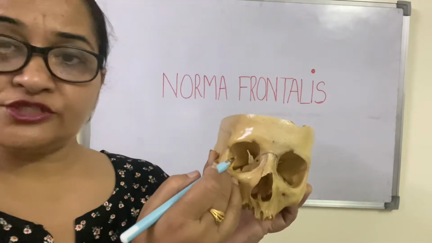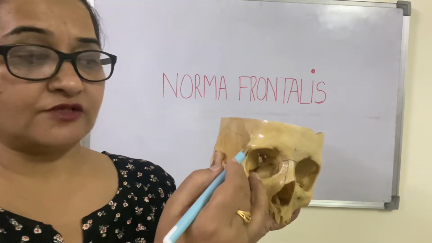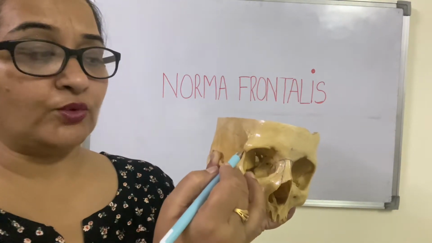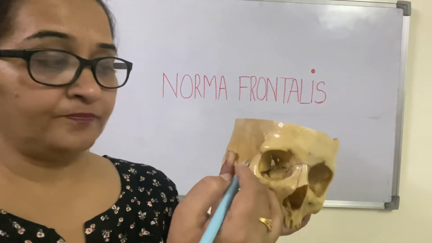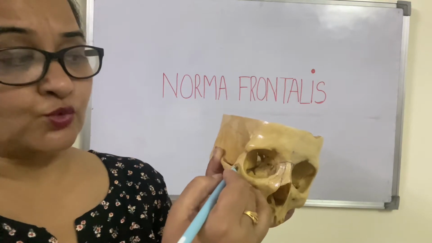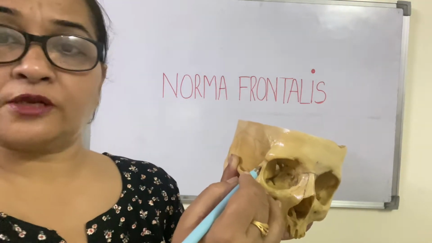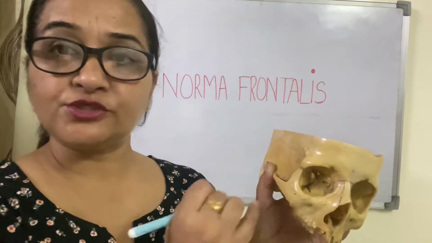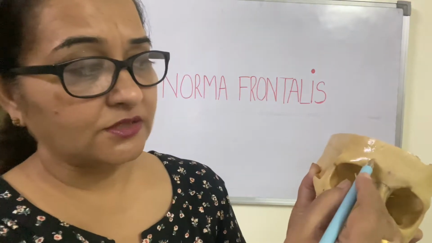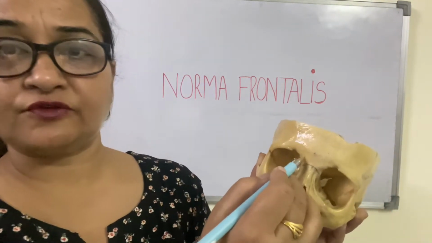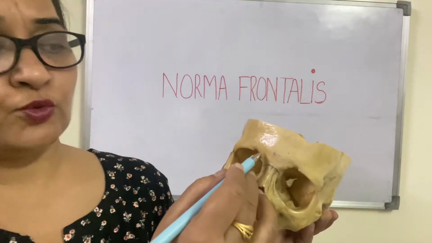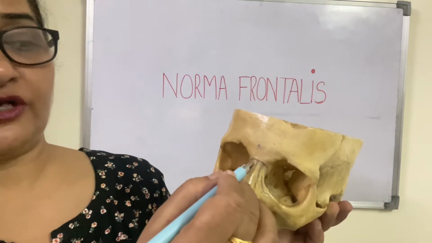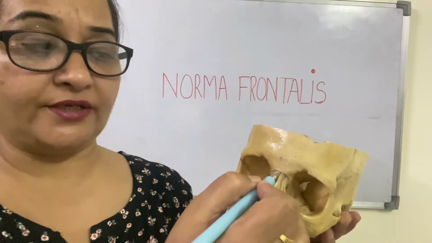Now what are the different sutures which are visible? On this side, you can see this is the frontal bone. This process of the frontal bone, as it is going towards the zygomatic bone, is known as the zygomatic process of the frontal bone. And this process of the zygomatic bone, which is going toward the frontal bone, is known as the frontal process of the zygomatic bone. They are separated by the zygomatico-frontal suture. Then this is known as the nasal process of the frontal bone. It is separated from the nasal bone by the frontonasal suture. And the meeting point of this internasal suture and frontonasal suture is known as the nasion point.